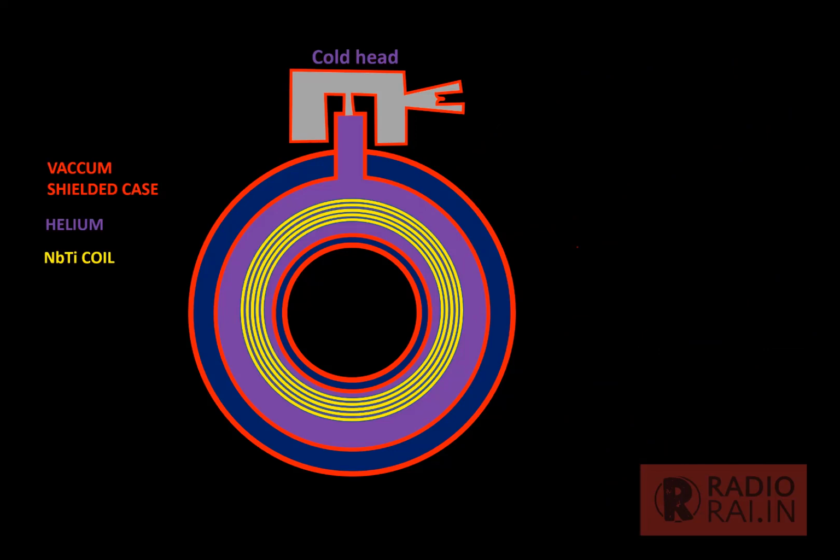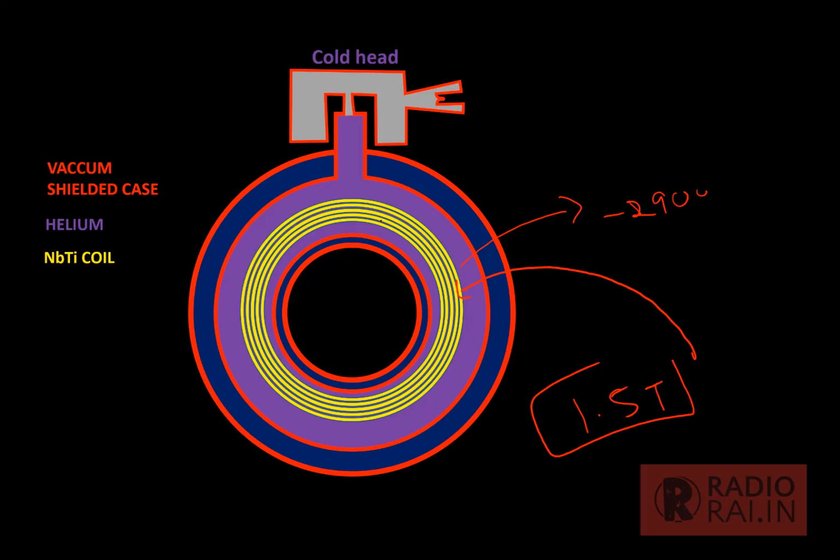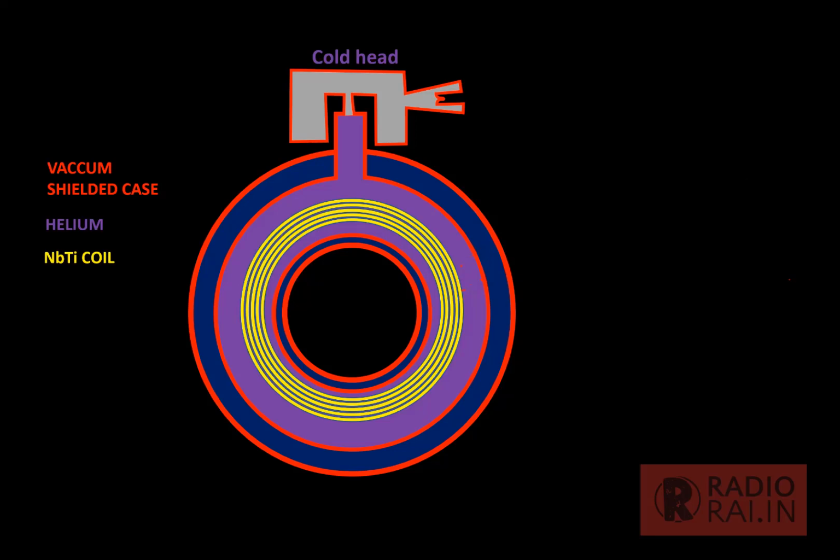Now, if I have to produce the magnetic field again, I have to fill it with liquid helium at minus 290 degrees Celsius. I have to connect a wire to this and pass a current till it acquires the required magnetic field, 1.5 Tesla. I have to continuously pass current and then we can disconnect this wire. So all this process together, the refilling of the helium, the repairing of the wires, and then passing the current to this coil, costs around 80 to 90 lakh rupees.